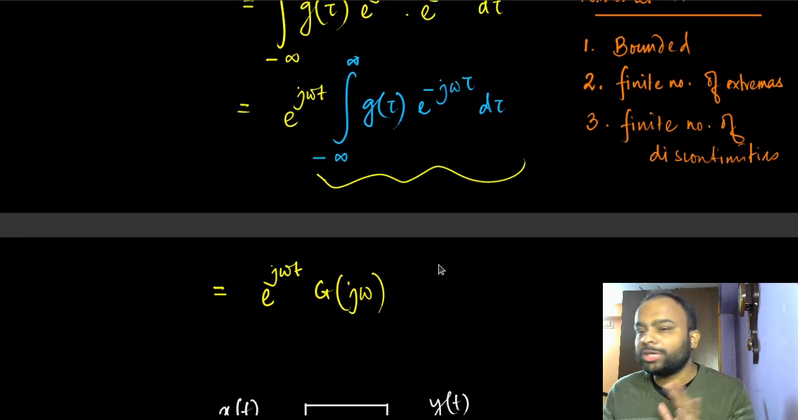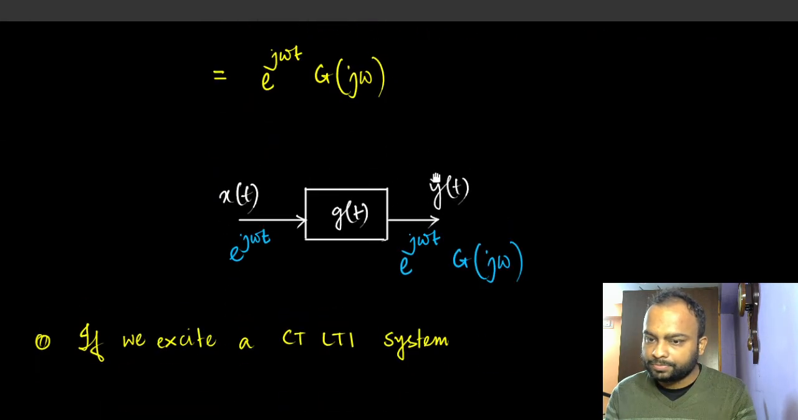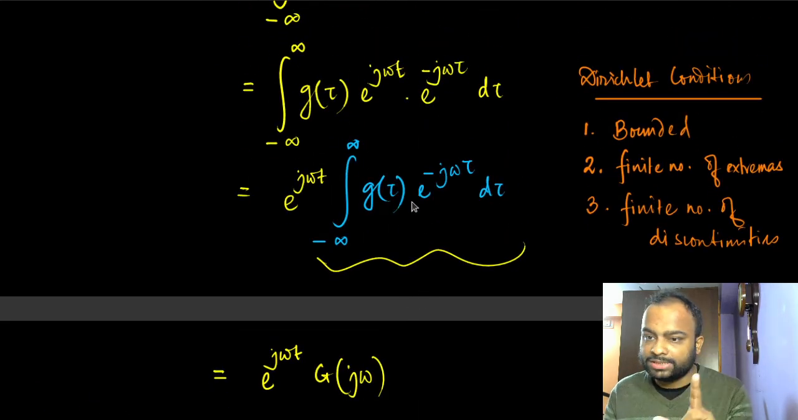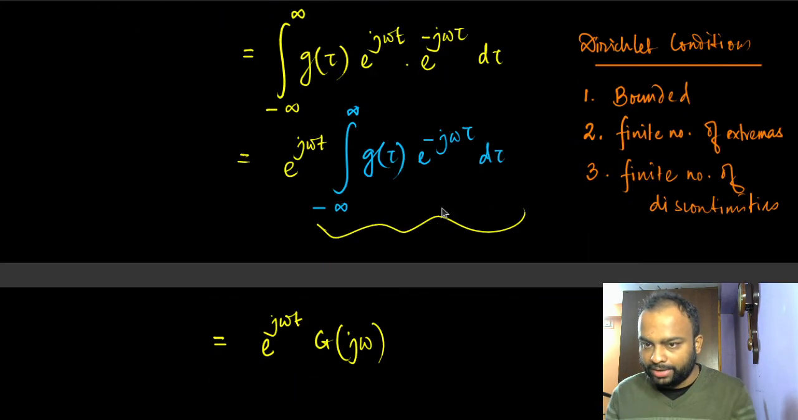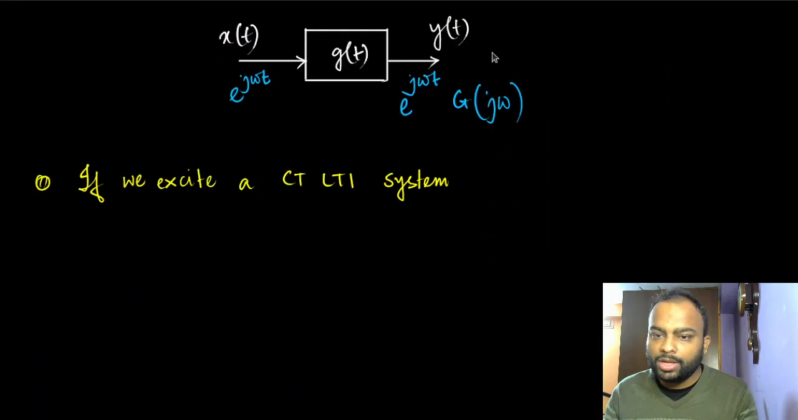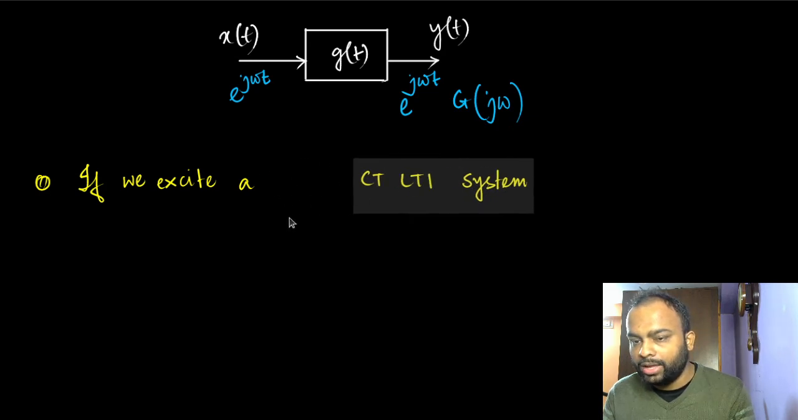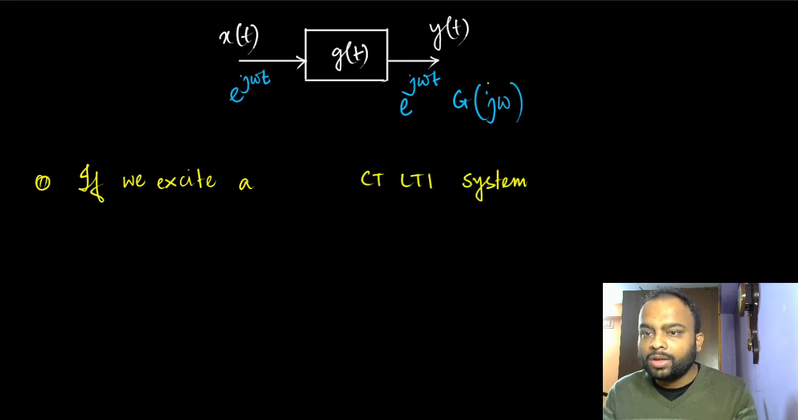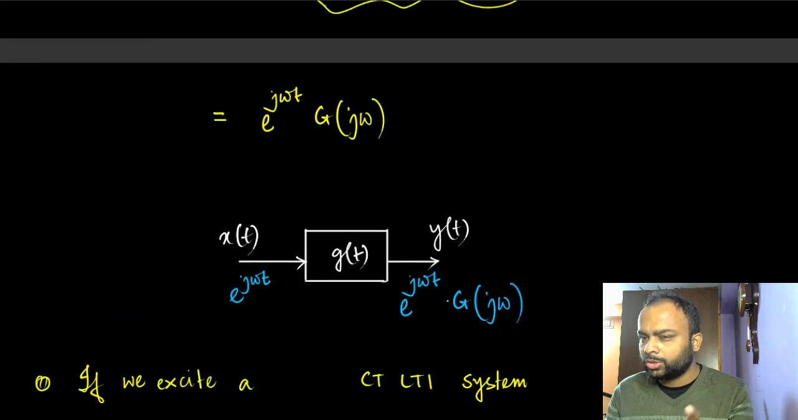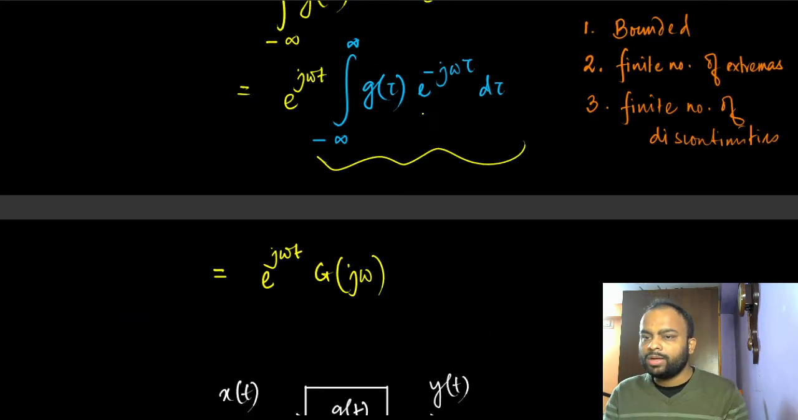So we're assuming these conditions, and we are going to come back and see under what scenario these conditions are satisfied. We're assuming that the impulse response of the system actually satisfies these conditions. Under that scenario, if we excite a continuous time LTI system, let's just keep a small space here to put the Dirichlet conditions in a single word. That is what I'm going to do shortly. If I excite a continuous time LTI system whose impulse response satisfies the Dirichlet conditions,